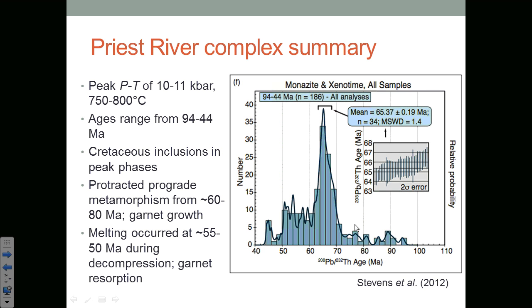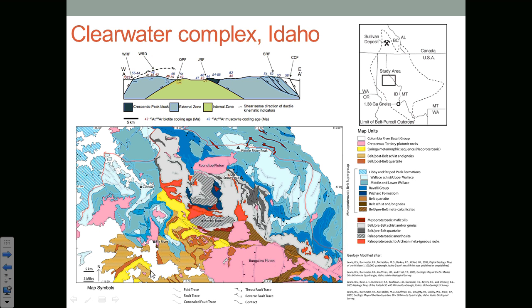But other than that, all of the other 4 samples record a very consistent age range that reflects this prograde cycle of metamorphism in the Cretaceous, and then the younger growth, which is restricted to the leucosome material in the rocks. Okay, so that's the Priest River, and the Priest River is this massive core complex that forms a bunch of